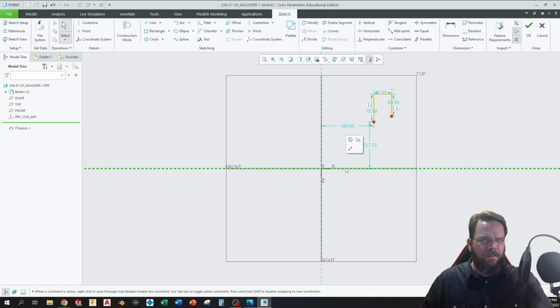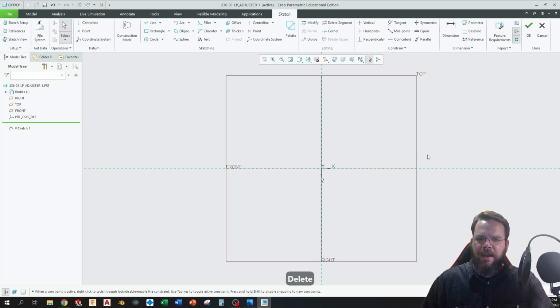And the more symmetrical that we make things, the better off we're going to be. So even on items that don't necessarily need to be symmetrical in reference to the work planes, we're going to make them as symmetrical as we can, just to make sure that we get in that habit. It's a wonderful habit to be in, to keep things symmetrical, or at least butted up against work planes for future features. So again, we're just going to use our line tool, and for this we're going to start at